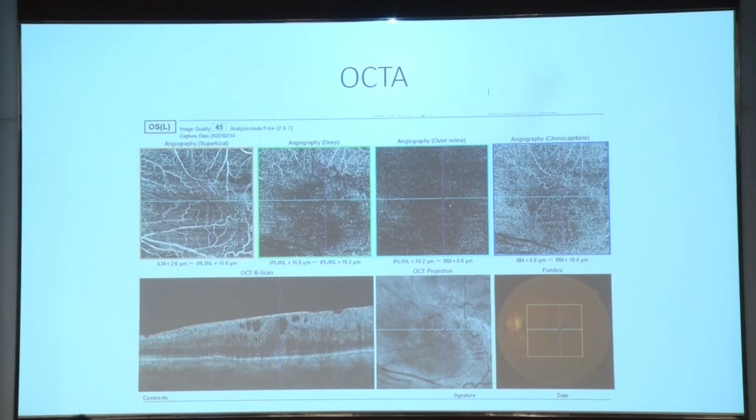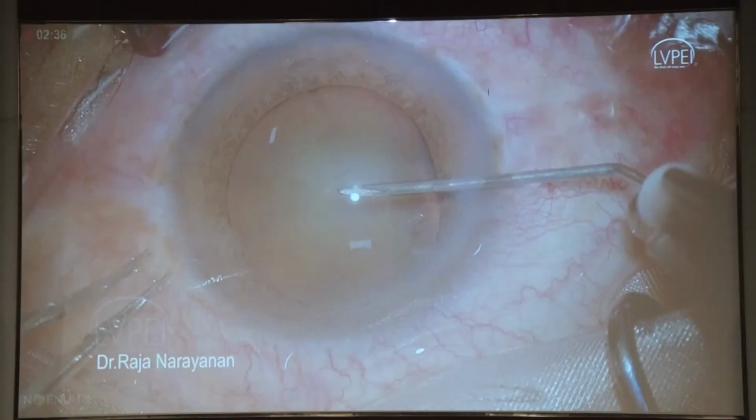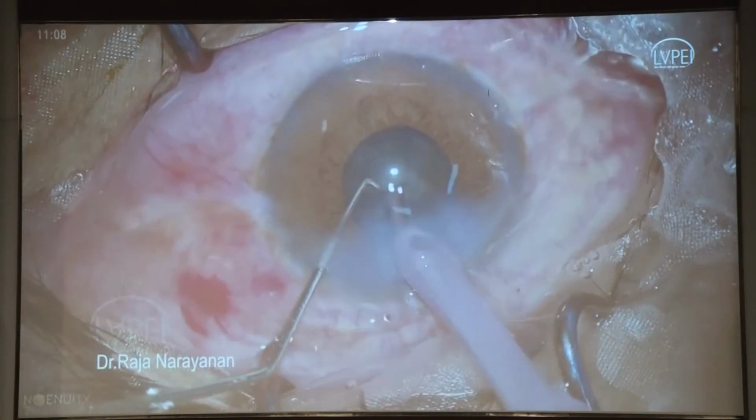This is the OCT angiography, showing a lot of artifacts, but no significant ischemia, at least in the superficial layer where there's not much of an artifact. And then at 1 month, there is a significant reduction of the edema in this patient with 20/100 vision. So in patients where there is edema, and not just a fine ERM with no edema, I do not tend to inject OZX. But when there is swelling beyond 300 microns along with ERM,